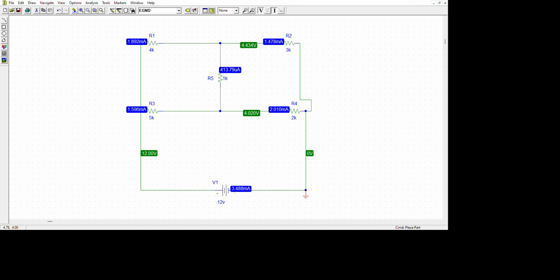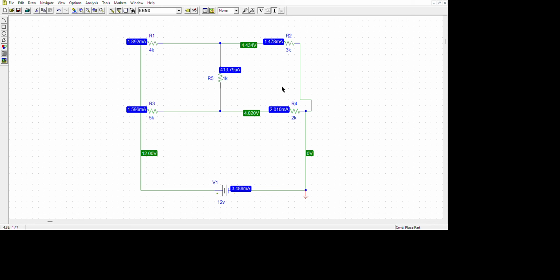To verify it, you can easily use a calculator. At this point, that means R4, the current will flow. The current in R4 is equal to R3 plus R5. In R5, 413.79 microampere current is flowing, so we first have to convert it to milliampere. 1000 microampere is equal to 1 milliampere, so simply divide 413.79 by 1000.